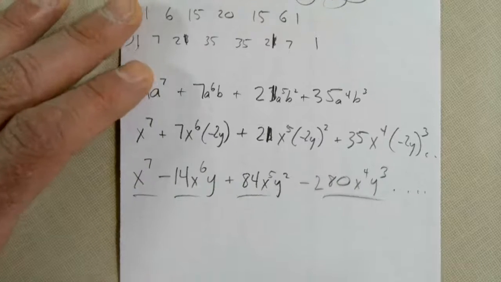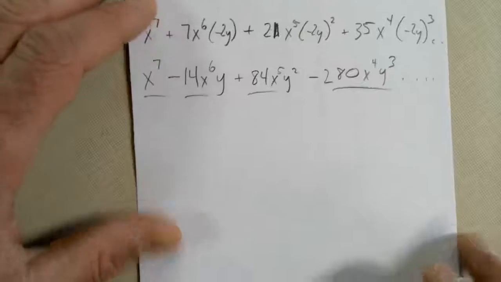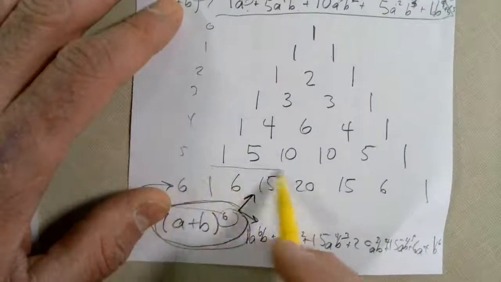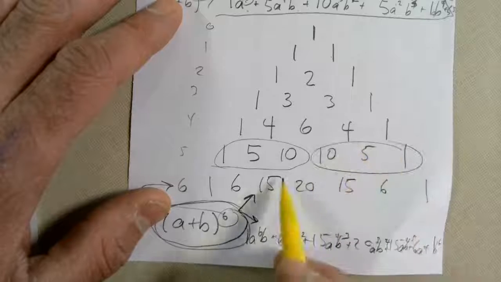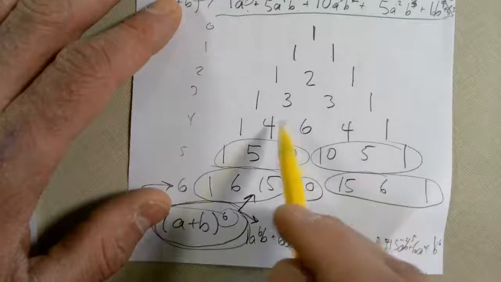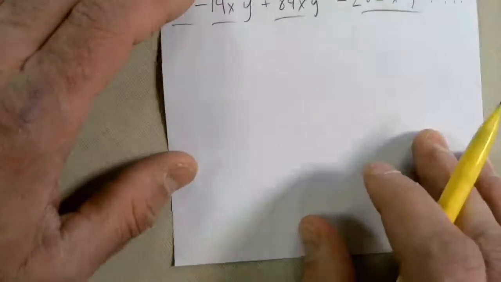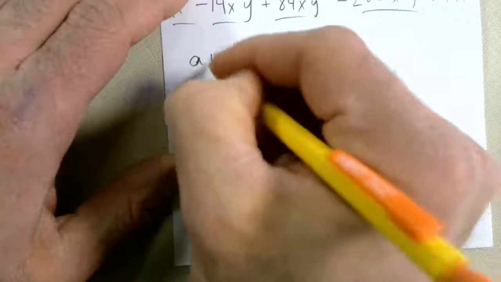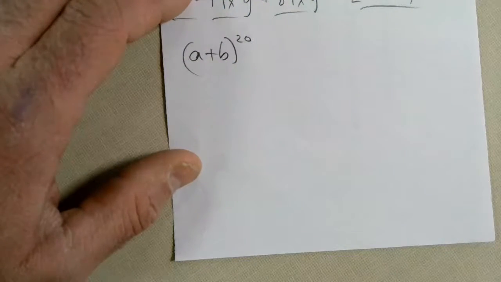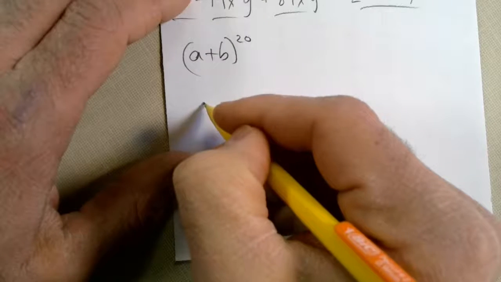Okay, there's one more situation, because if you remember from the triangle, there's always symmetry. 1, 5, 10, 10, 5, 1. 1, 6, 15, middle, 15, 6, 1. 1, 4, 6, 4, 1. So watch this. If you have something enormous, like a plus b to the 20th power, if I give you the first three terms,